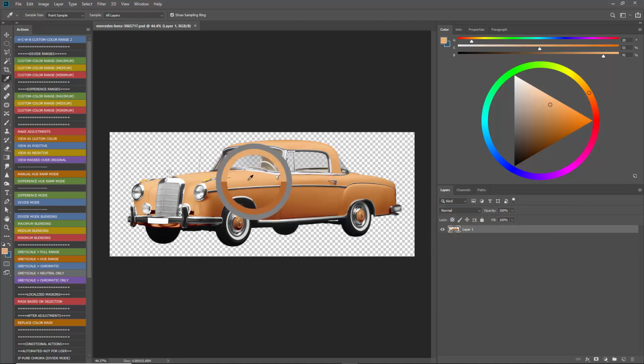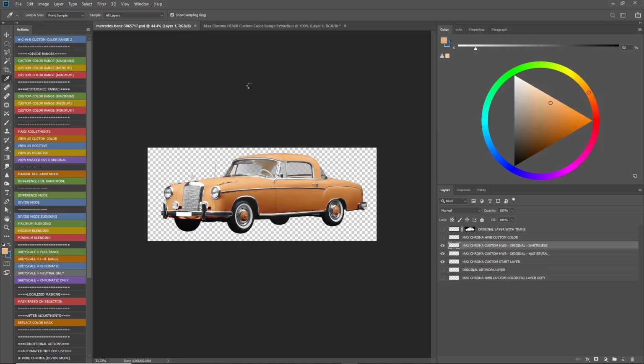Okay, so I can pick something up in the tint region here or down into the shades. I might pick an area that's kind of like a blend between the two. And with the custom color range action, I'll be able to pick whether I want it to blend more into the tints and shades of this color. But I'm basically just going to select this custom color of the car, click the HCWB Custom Color Range 2